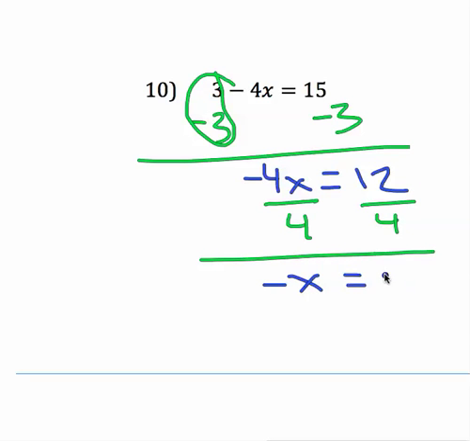Negative x is equal to 3. And then change the sign of both. So I have x equals